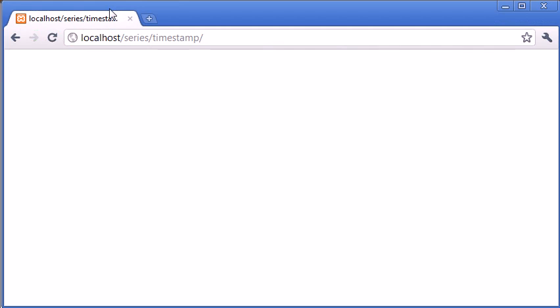So let's come into our page here and refresh, and we can see that we're given a large integer value. Now this value here that you see is in fact the amount of seconds from the 1st of January 1970. Now if you watch carefully, at the end here we've got 75. Let's refresh the page and see what changes. And you can see it's changed to 90. Now if we do that again, we've gone to 94, and if I gradually refresh it, say every 1 second, you can see that this value keeps incrementing. So it's really useful to keep track of the amount of seconds of the current time,